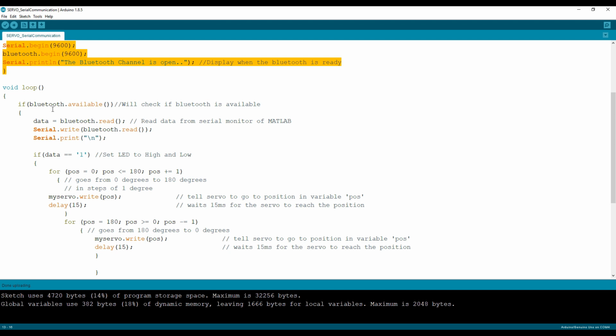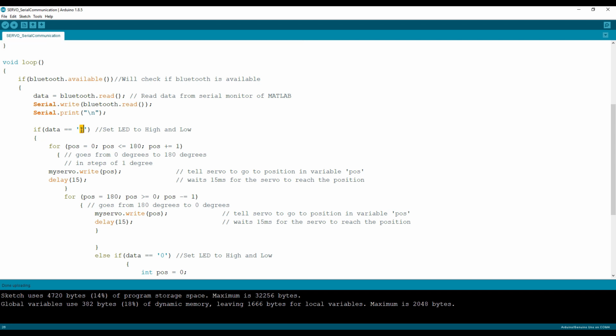So what I'm going to do is, if the data is 1, we were turning on the LED, right? In this case, if the data is 1, we are going to change the position of the servo motor. It's a 180-degree servo motor, so if yours is a 360-degree servo motor, you can program it accordingly, but mine is a 180-degree servo motor. So I'm just writing the position from 0 to 180, which will increase by a step of 1, and then again it will decrease from 180 to 0 with a step of 1.